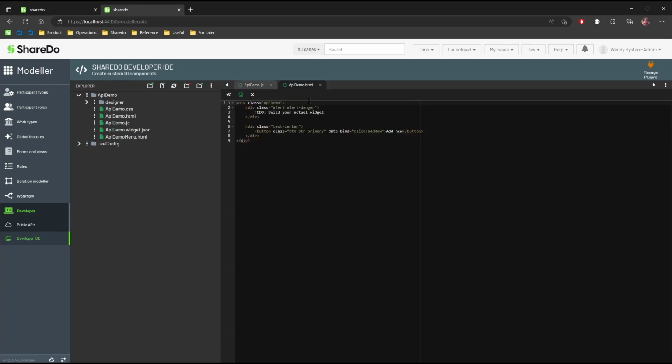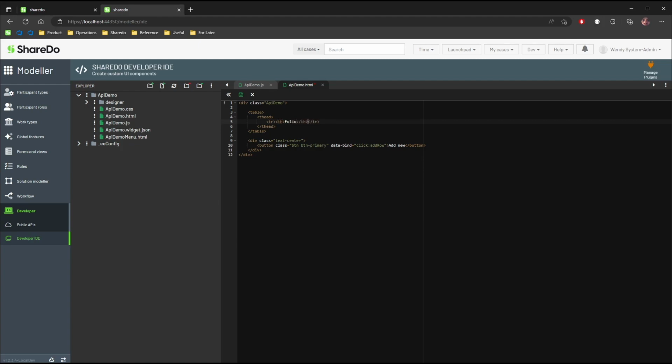And then in the front end, I will get rid of this alert danger, and I will put a list in. In fact, no, I'll put a table in. Column for folio. And let's have, what's the other one? Column for delta value. And then on the T body,